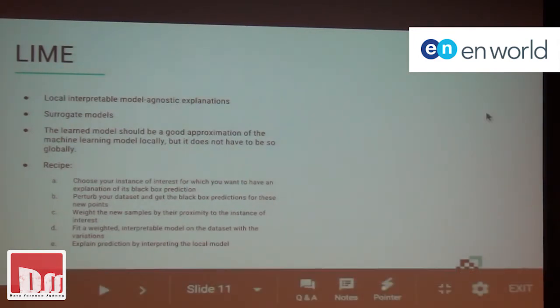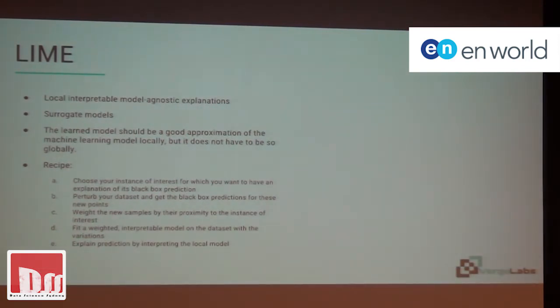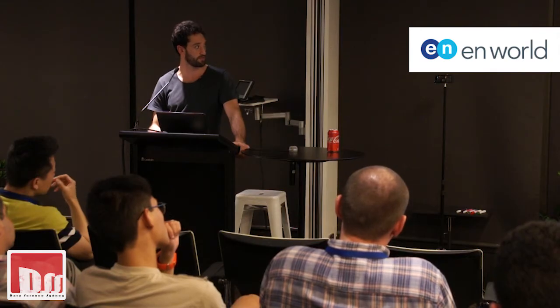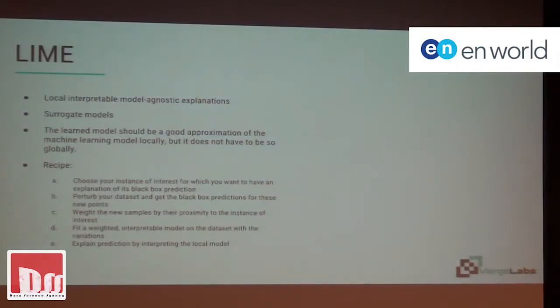Okay, so LIME stands for Local Interpretable Model-agnostic Explanations. So what does that mean? First of all, they're surrogate models. Similar to how you might plot a decision tree over all your data, that will give you one big average model. What LIME does is emphasize the locality. It looks at each particular data point and fits a model to the points around it.